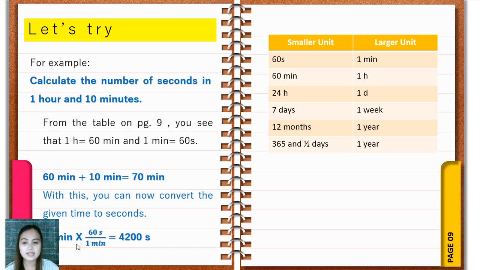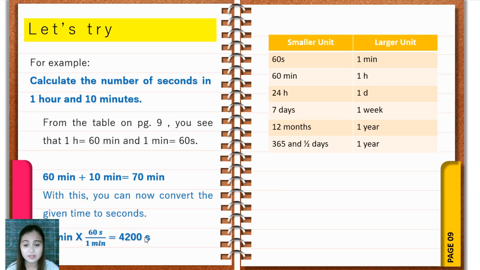Okay, let us cancel minute and minute. So the unit left is seconds. So 70 times 60 is equal to